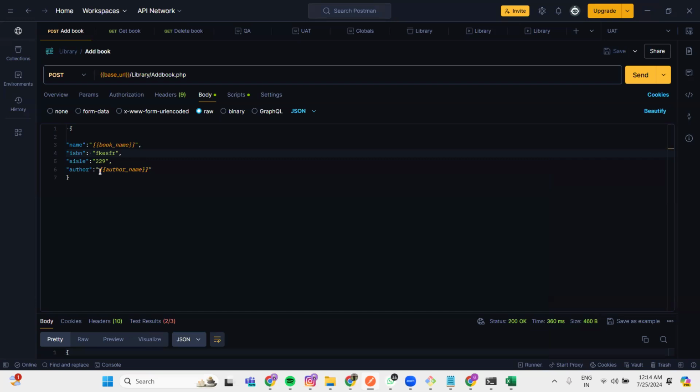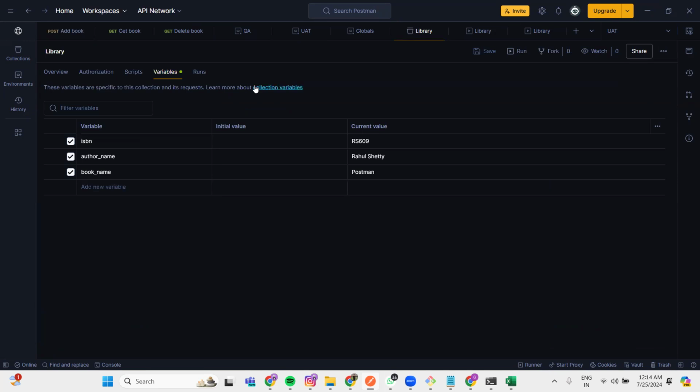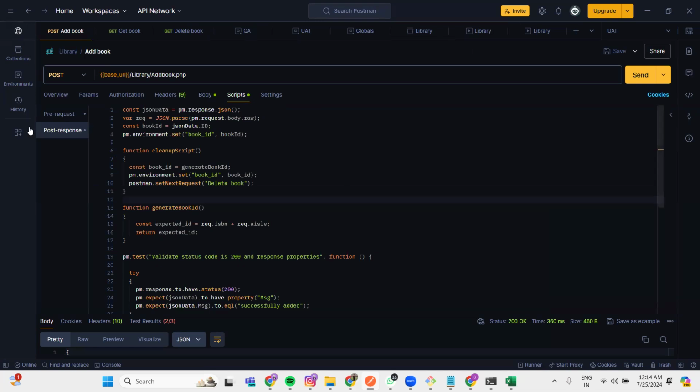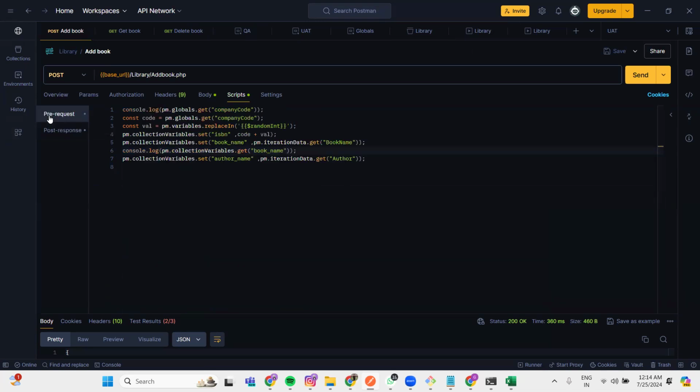So here in the body of add book, instead of the hard-coded name, we create a new variable. We give the name book name, and we already have a variable name for author. So we go to the library collections and we create a book name variable. And now here in the pre-request script,